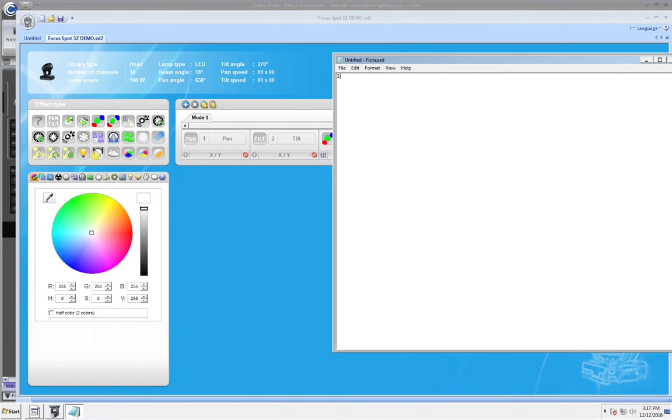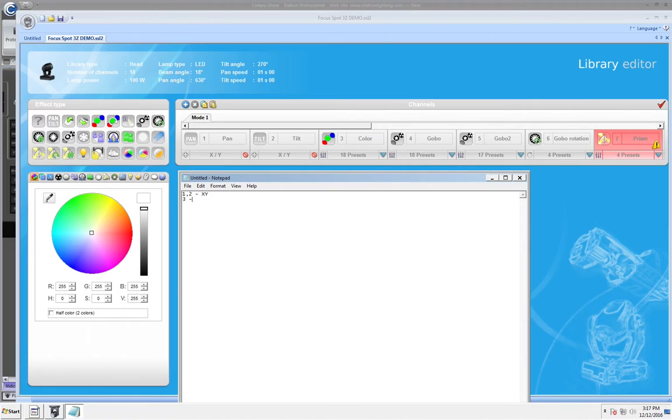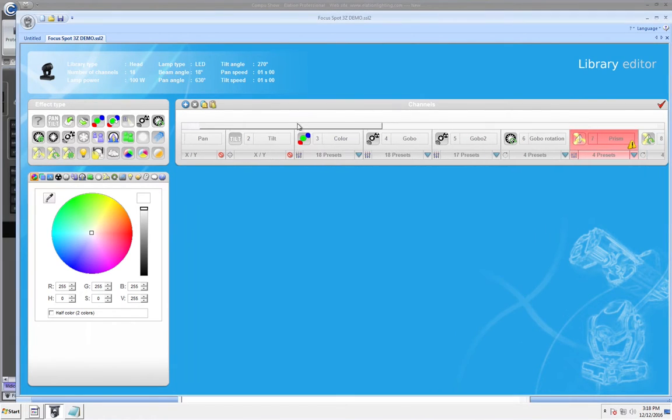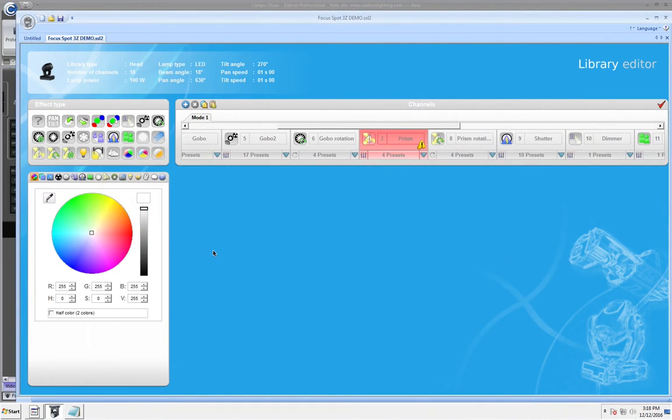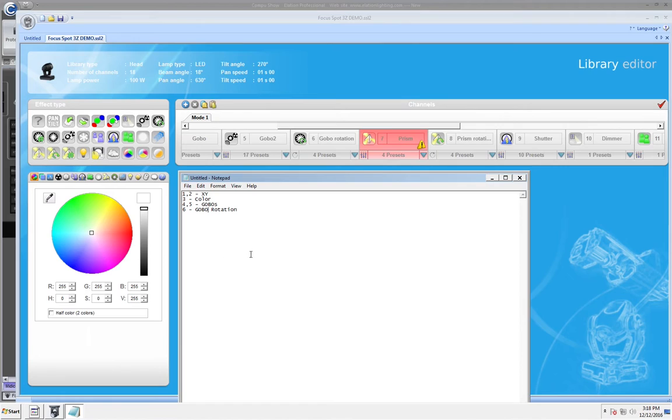So we have, let's see, channels 1 and 2 are pan and tilt, so I'll just call it XY. Our third channel is color. 4 and 5 are gobos, and you can have these separately if you want, but we're just going to group them into gobos. Then we have 6, which is gobo rotation. Then we have 7 and 8, which is our prism options. Oops, I'm messing with my Mac, not my Windows here. So then we have 7 and 8, which is prism. And then we're going to leave just